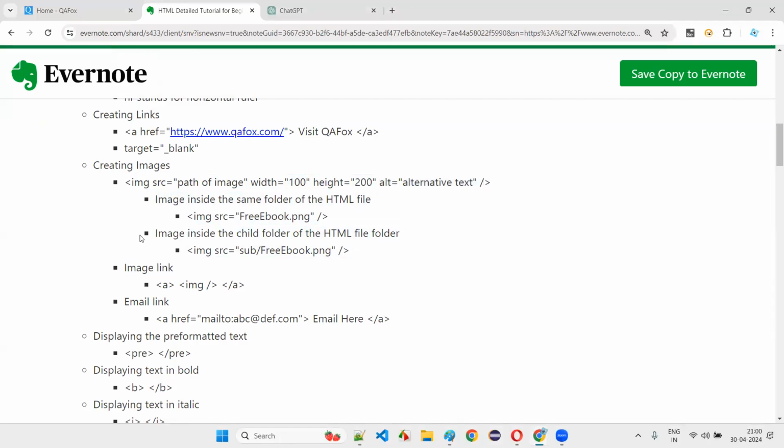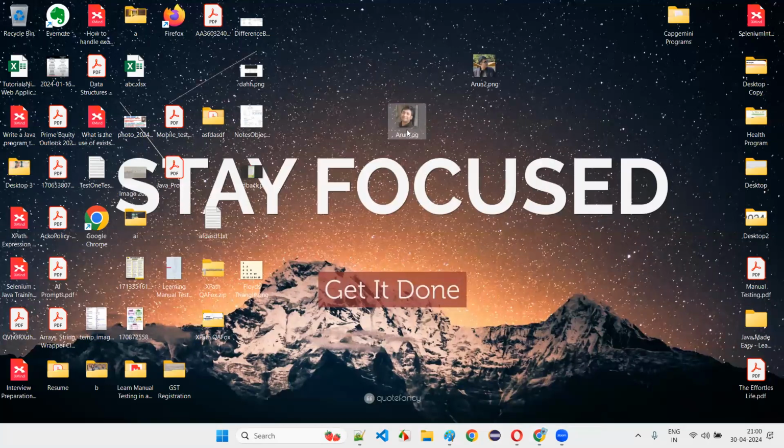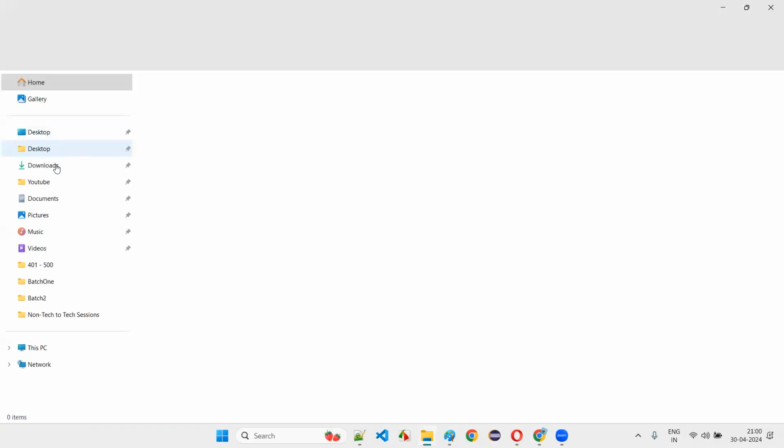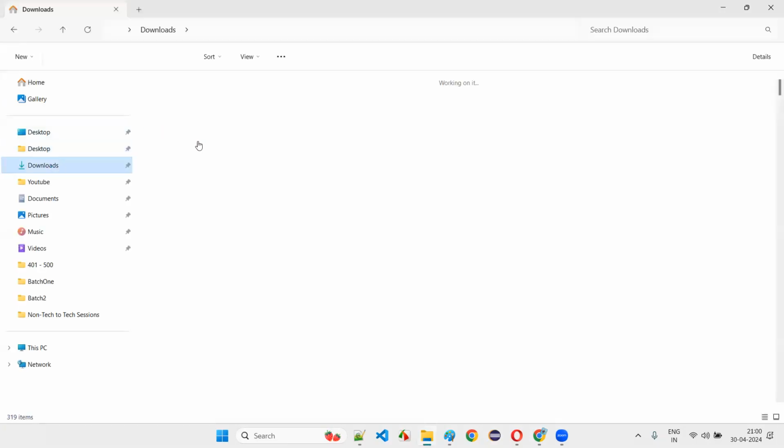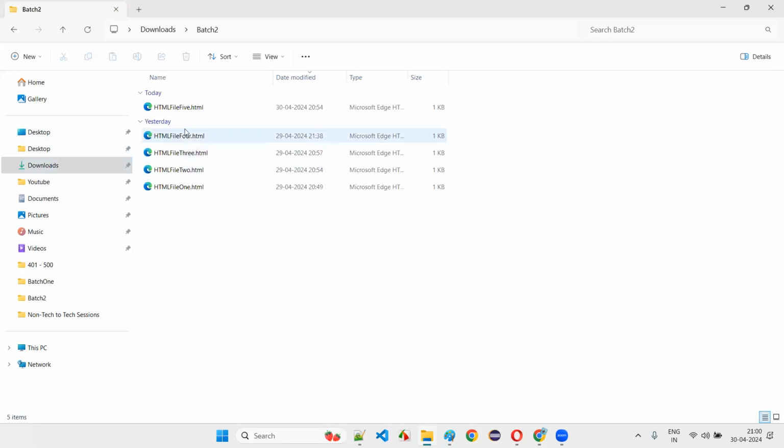So then, there is another way of giving the images, guys. You don't have to give the entire path. Here, what is the path of the image I gave? This arun.jpg, what is the path I gave? Full path I gave, right? C drive and all those things. What if I go to the location where this HTML file is created? Where is the HTML file created? Saved here in my downloads folder. In one of the folders, I have this HTML file 5.